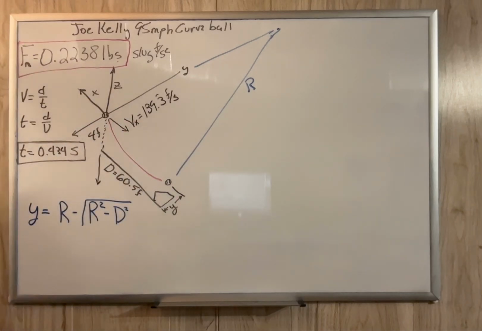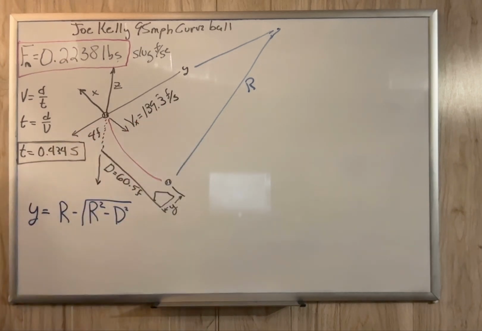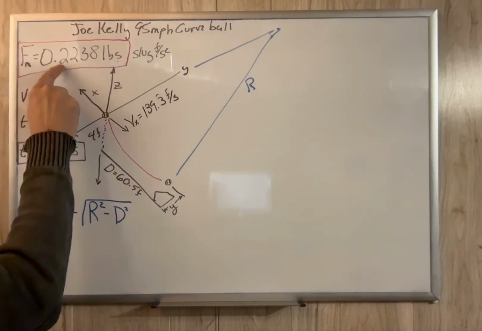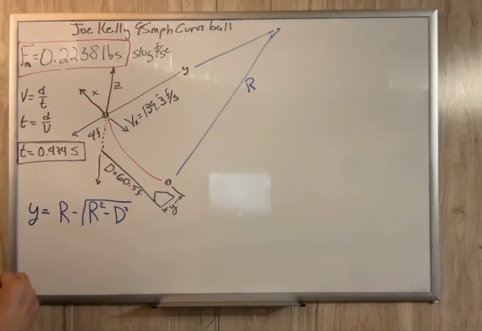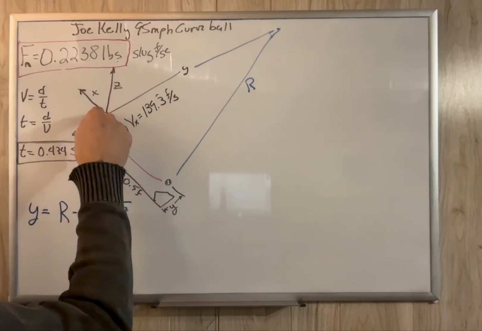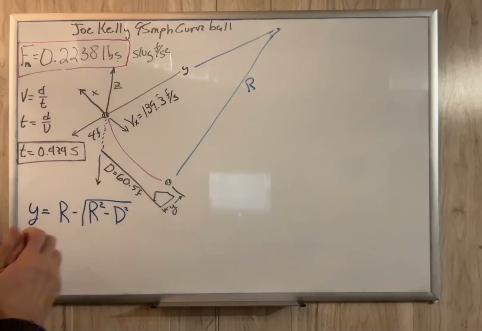It depends on a lot of things: how many rotations per second, the initial velocity, how fast a person can throw it, air pressure, and air density. But generally speaking, a 95-mile-an-hour curveball is going to give you a Magnus force of about 0.2 pounds. So when the ball leaves the pitcher's hand, it's spinning, and those stitches are digging into